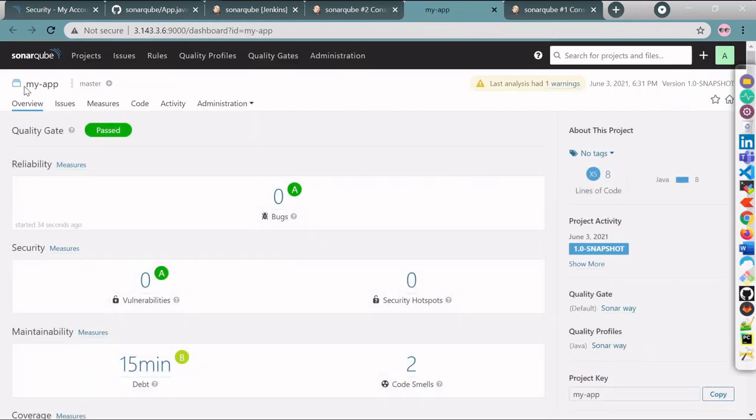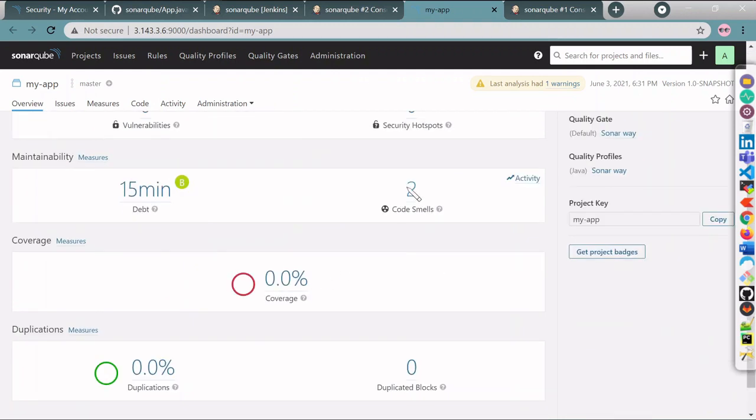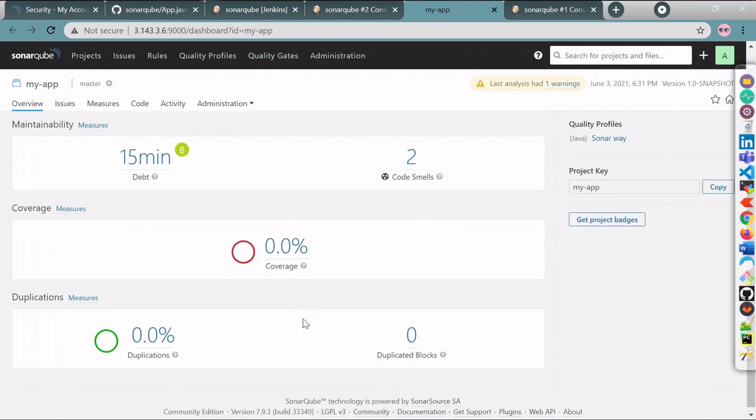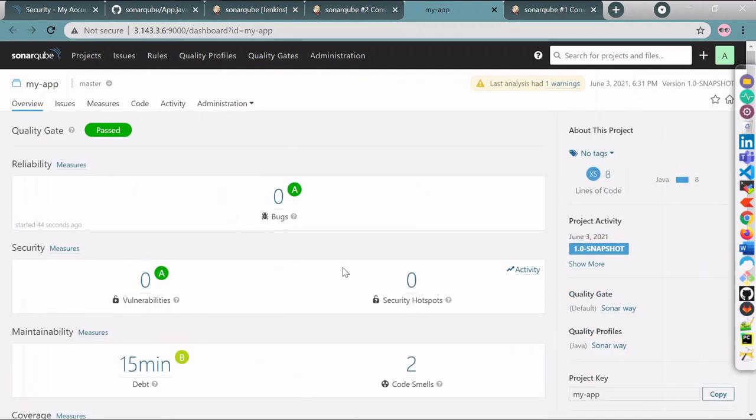Okay, here you can see the my app which we provided in project.key. Then quality gate passed, so 0 bugs, 0 vulnerabilities, 2 code smells. Apart from that, it might be in that code, but it has successfully integrated and it did the code coverage. Fine.